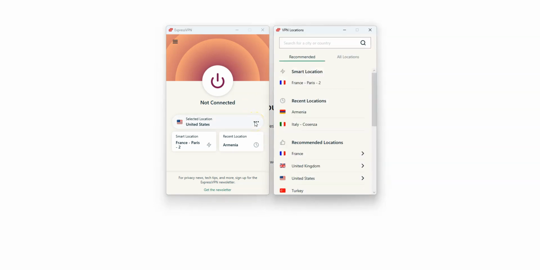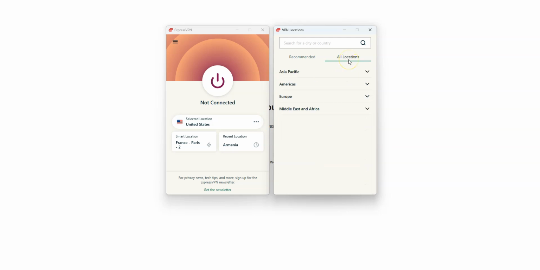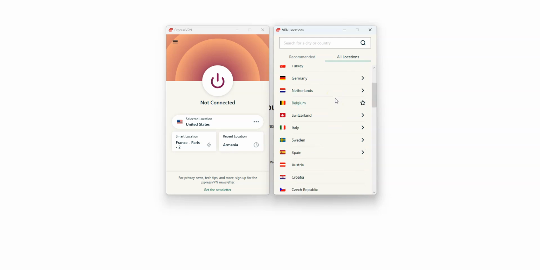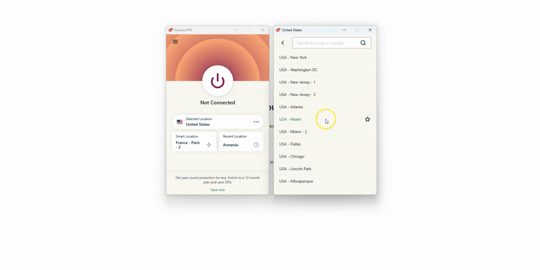First, click here. You can either choose between these few recommended locations or access all locations by clicking here. There are a lot of countries: the US, Canada, Australia, Germany, France, Spain, Italy, Japan, India, just to name a few. These are all countries from which you can make it look like you're in. You don't have to choose a location in a different country. You may choose a location in your country. For some countries, you can even choose a specific city. In the US, for example, New York, Miami, Houston, Los Angeles, and so on.